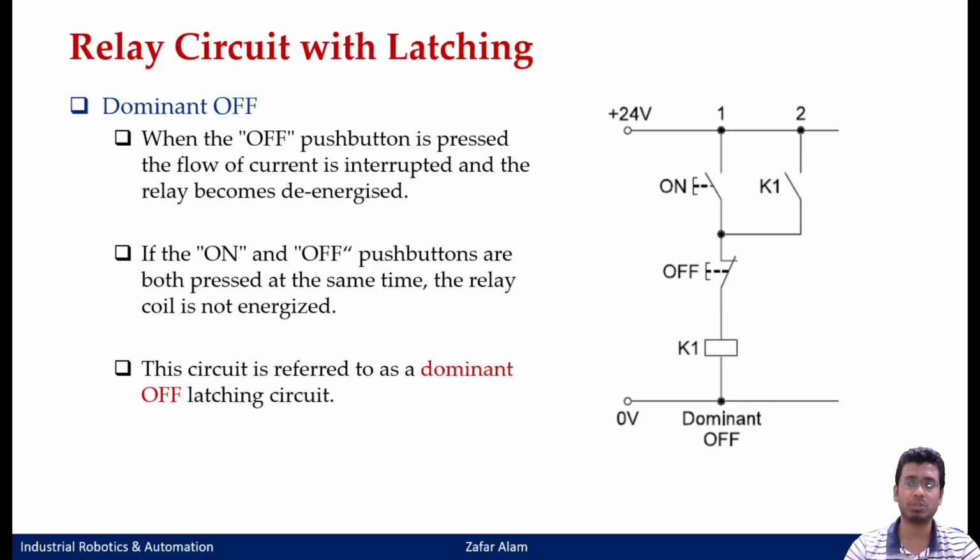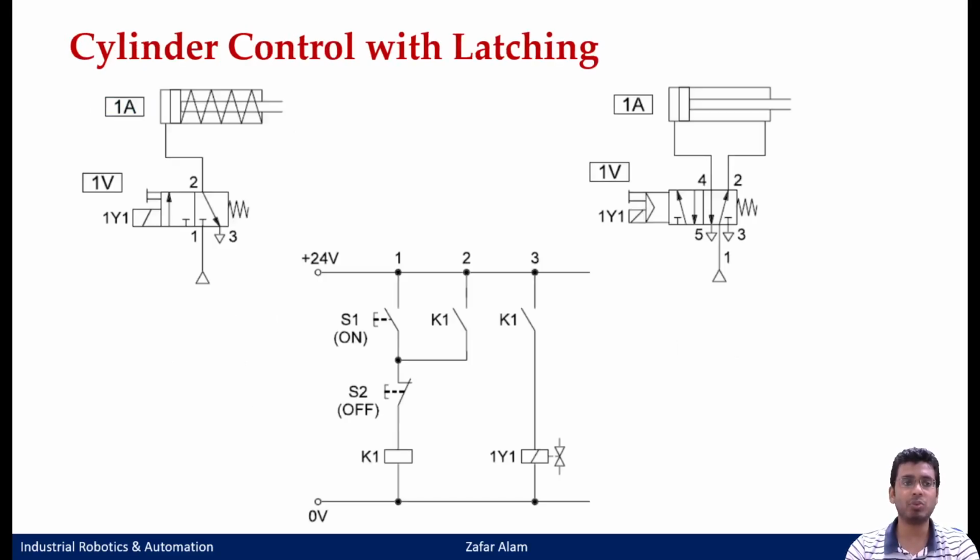because a relay will only get momentarily on if you just put it right behind your input elements. However, if you want to keep the relay in its actuated position even for a momentarily on circuit, then you have to latch the relay. So let us see one example of our cylinder control with latching.